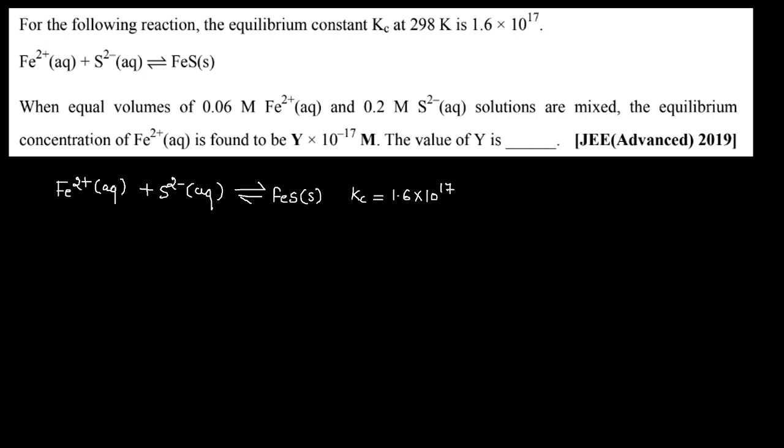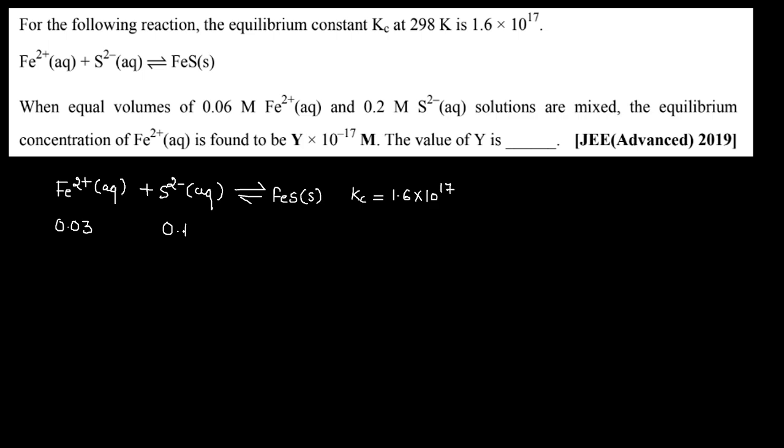Now it is saying that when equal volume of 0.06 molar Fe2+ and 0.2 molar sulfide solution are mixed, when two equal volumes are mixed, the concentration becomes half, right? So iron 2+ is given 0.06, it will become half, 0.03. Sulfide ion is given 0.2, it will come out to be 0.1. So we have been asked to find out the equilibrium concentration of Fe2+, which is Y